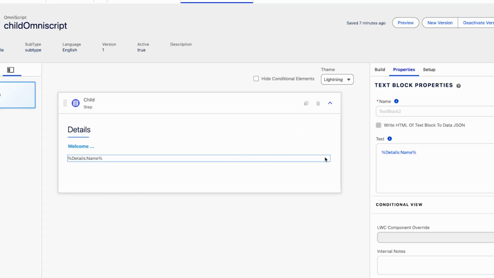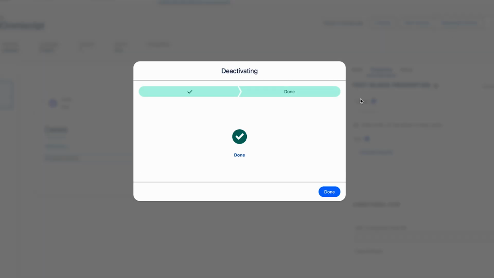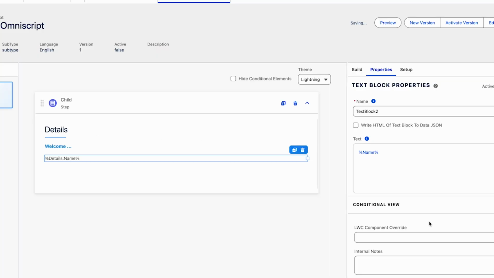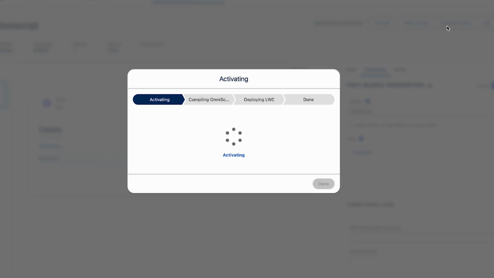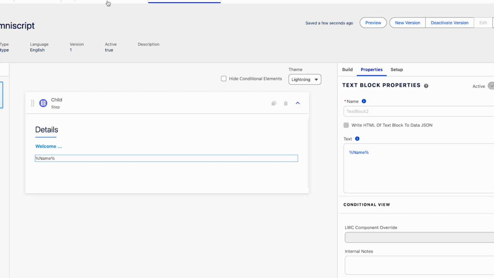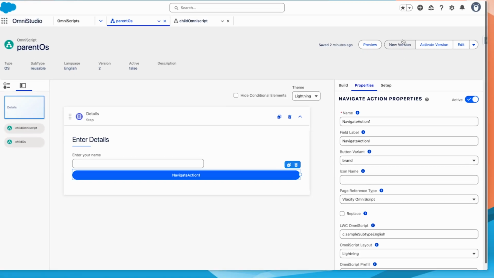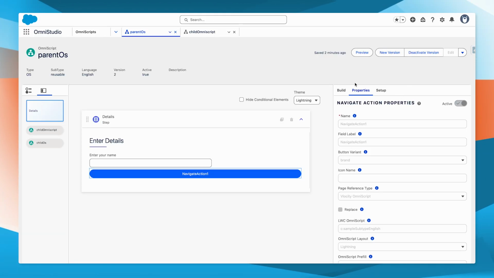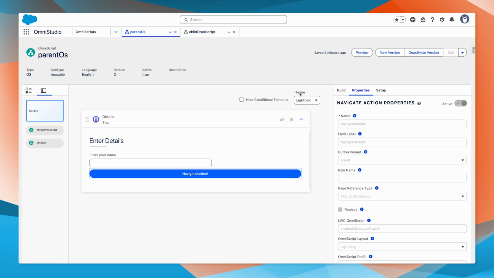and inside our text block, we have to make some changes because at this point we are not using the details context. The value we are passing from the parent is directly available in the name variable. So we will change it to name and activate the version again. And go back to your parent OmniScript, and click on activate. Now, to see our implementation in action and launch this OmniScript,